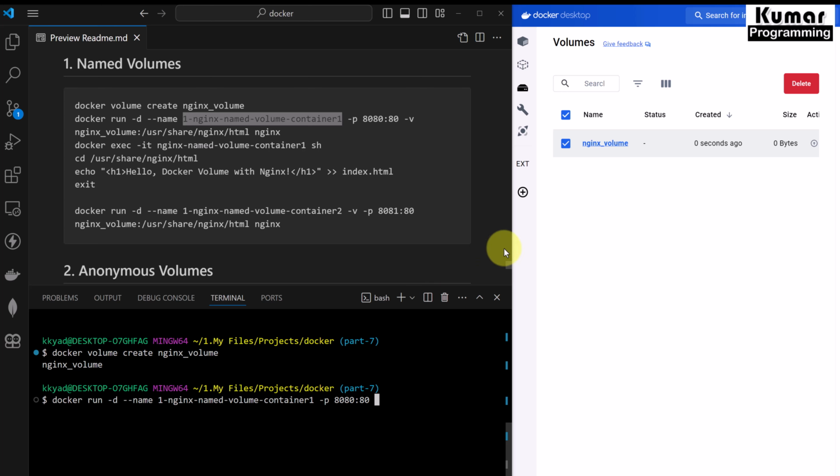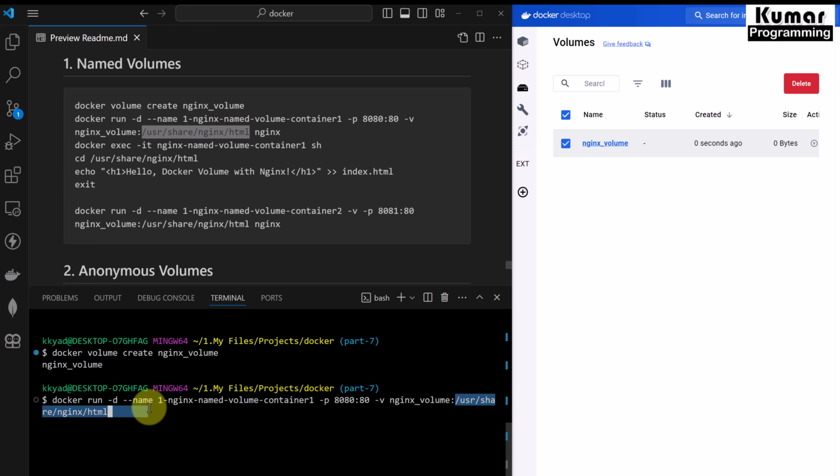And after that we just have to provide our volume. So here I have to give the option -v, and then we provide our named nginx volume. We'll give the same name here as well, and then we provide a colon. And the second part is the path inside the container. Here the path in the container is /usr/share/nginx/html. This is the path in the container where data is going to be stored, and that data is going to be stored inside this nginx volume, right? And then after that we have to give our image name. So I'll give nginx, right?